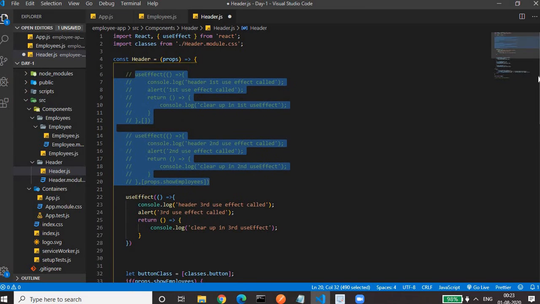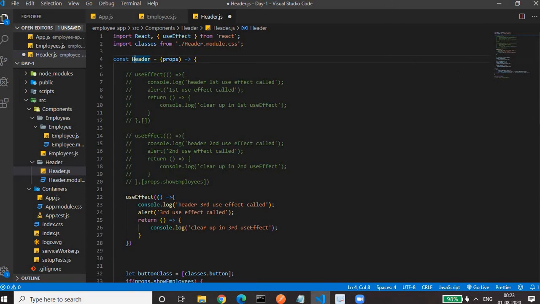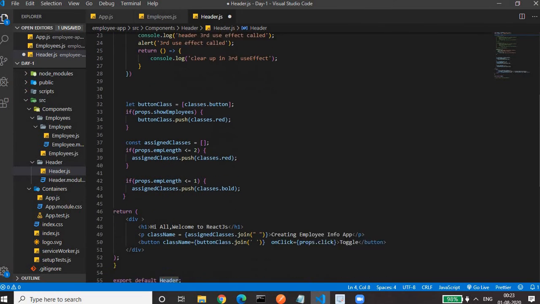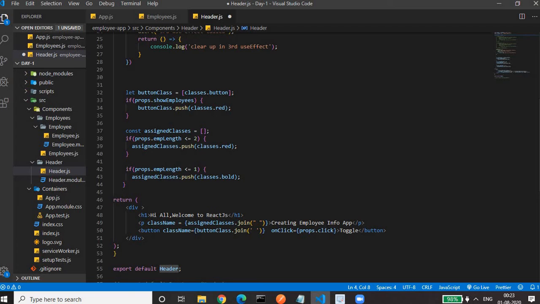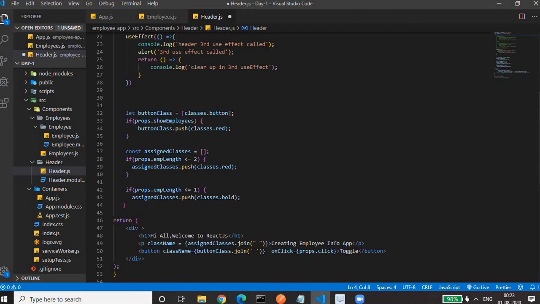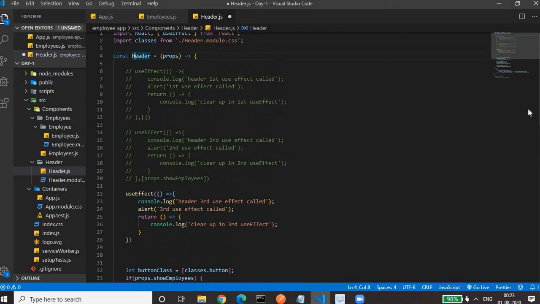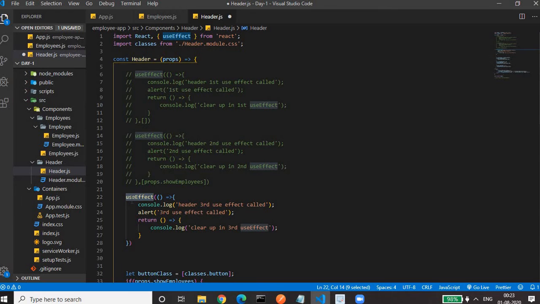Okay, so I've created a functional component. Just go through the code and the return statement. We have written the code that we wrote earlier in the app component, so I don't want to cover that now. The main focus is the useEffect hook method. This is a hook method. useEffect takes a function, an arrow function. In useEffect, I have written a console statement and an alertify message. Along with that, we have a return statement in which we are returning another function.